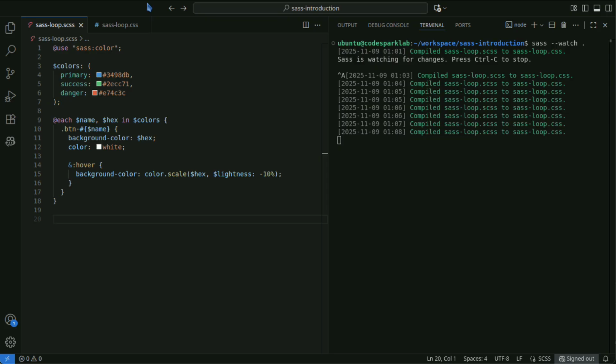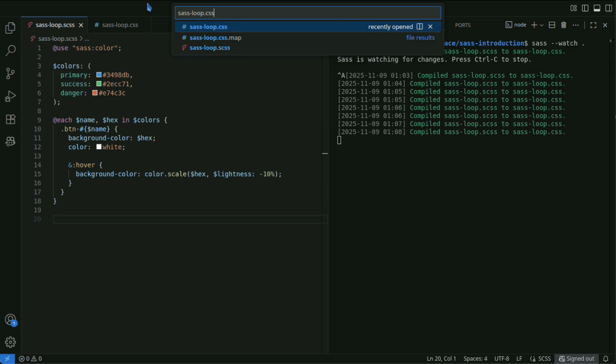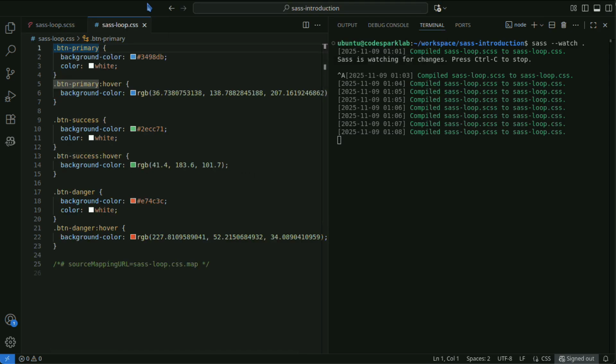For each color in the map, a .btn class is created and the hover style is defined using nesting. When you convert the SAS file to CSS, the background color and hover color for each button are automatically generated, and the hover styles are collectively defined using nesting.